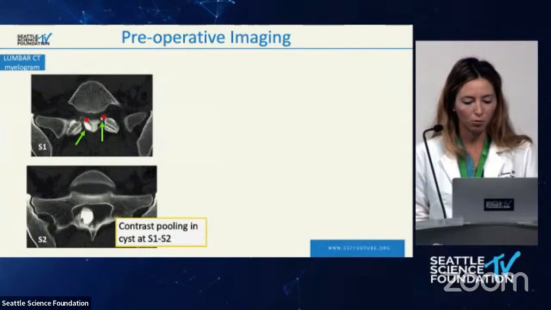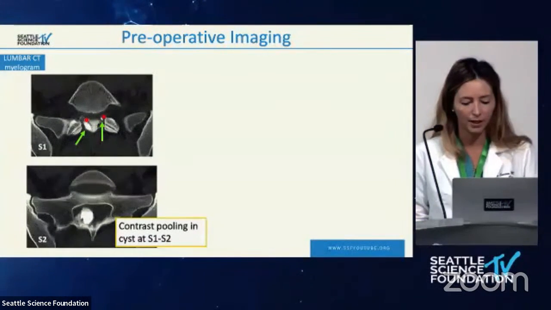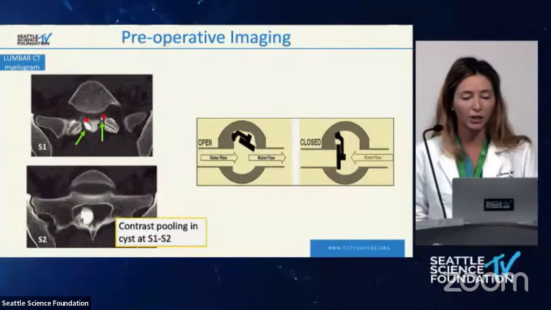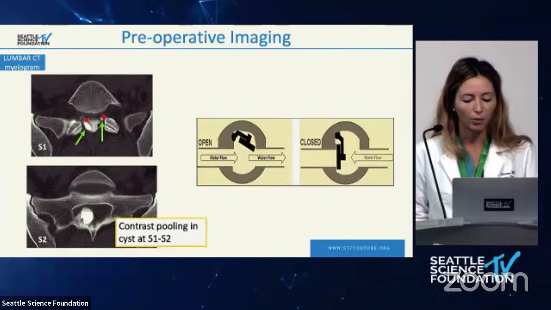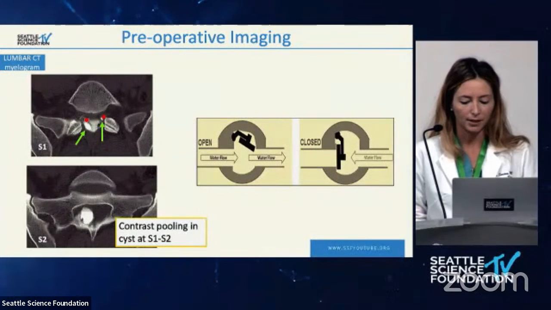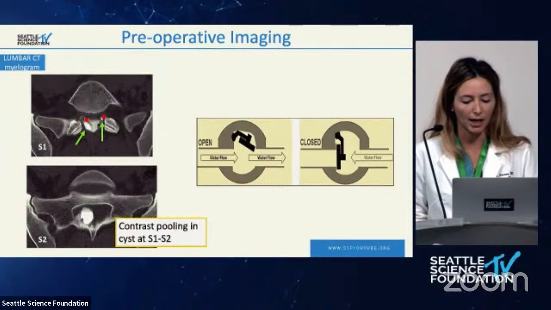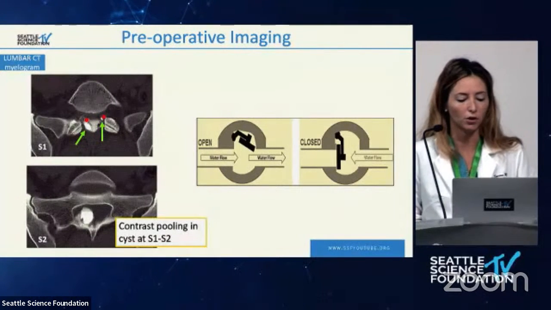I think for me, the more interesting question is why did contrast fill the right cyst and not the left? And one explanation of the difference in flow would be a valve, specifically a one-way valve mechanism in the channel that connects the cyst to the CSF space overlying the nerve root. So CSF gets into the cyst, but it can't leave, and the cyst expands in size, and this fosters the creation of a Tarlov cyst.